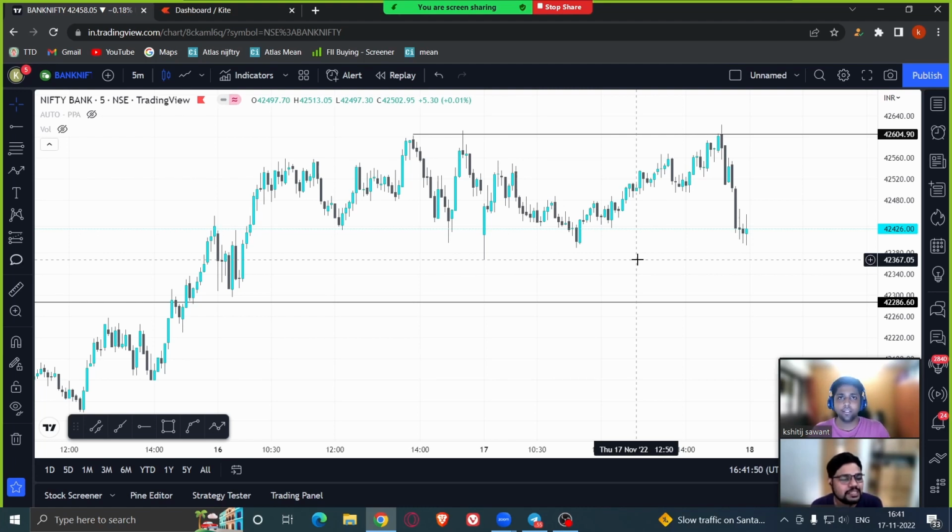Just to put it in perspective, if someone had to actually buy the 42,400 put, a better trade would have been to buy it for the next expiry. Because during this entire fall, the put of this expiry increased by 1 rupee, while the put of the next expiry increased by, I think, 30 or 40 rupees. Though it did not give the entire move since it was out of the money, so less than half delta. But yeah, if anyone wants to structure trades like that, you have to look at the decay